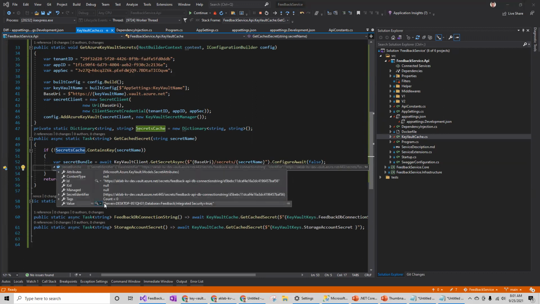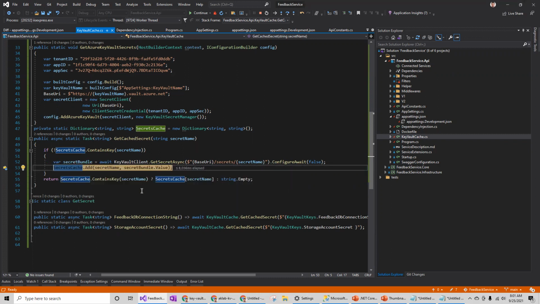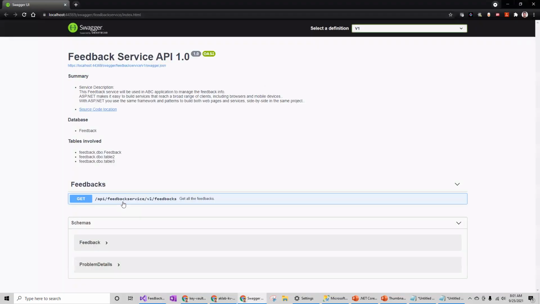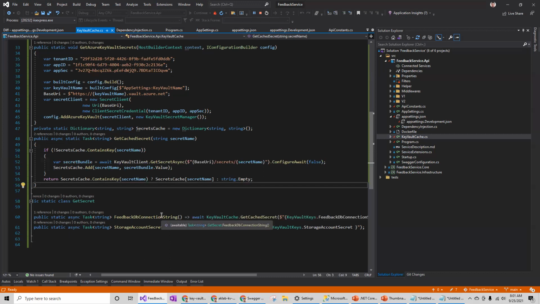So this is my key vault key and adding it into the dictionary and then reading that and passing it back. So now that's how you will be getting the key vault key from the Azure Key Vault service.